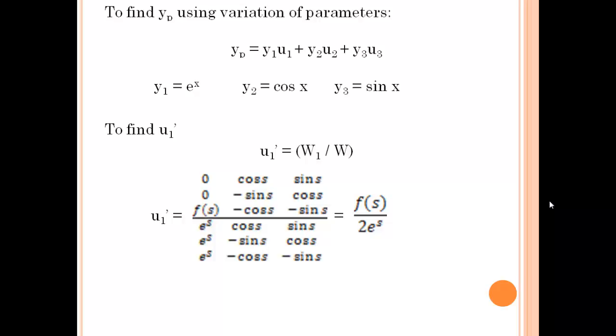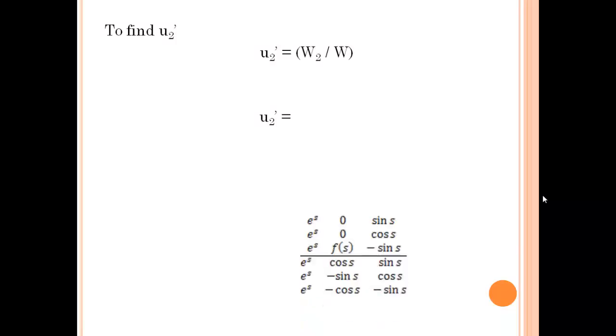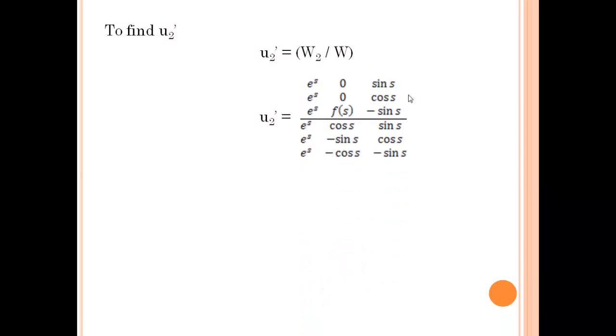Integrating both sides would give us u1 is equal to 1/2 of the integral f of s times e to the negative s. Now, in finding u2 and u3 are just like our u1. To find u2 prime, by Wronskian method, this would be the equation. And now our u2 prime would be